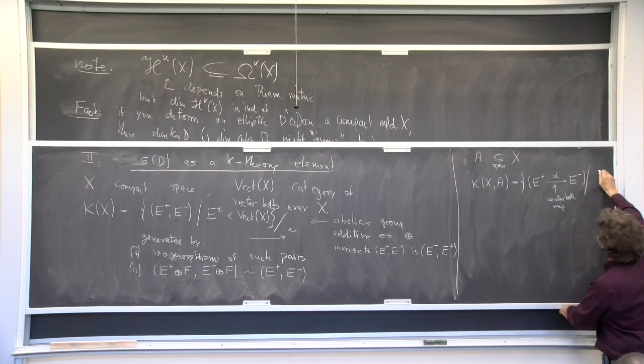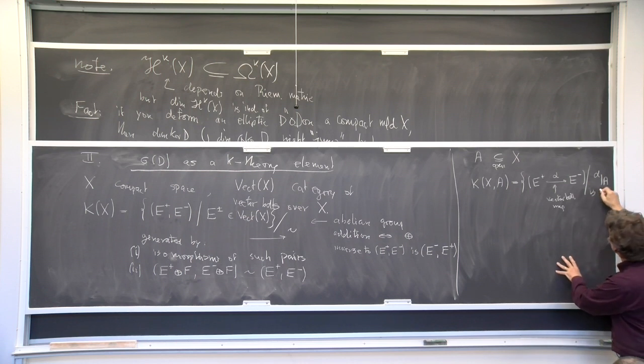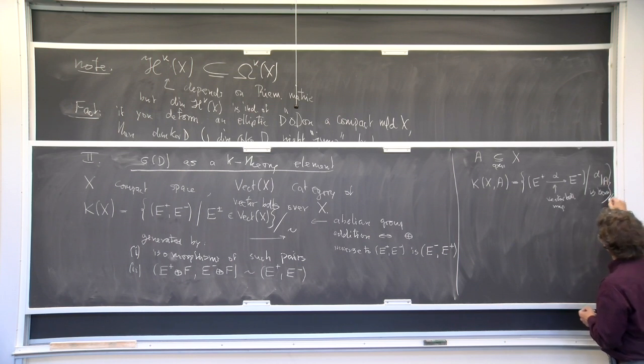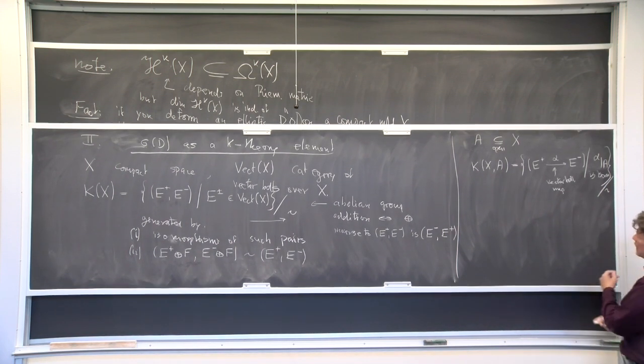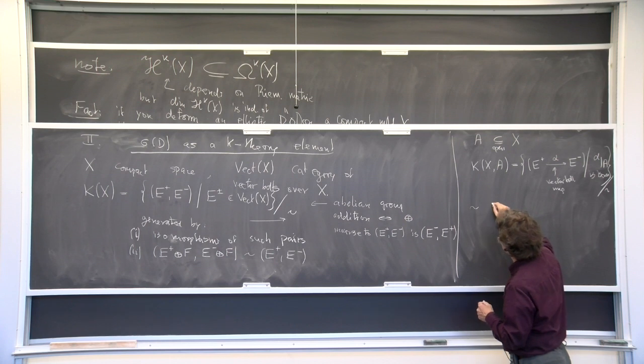But the condition is that if I restrict alpha to A, then it becomes an isomorphism. So that guarantees that if I restrict this thing to the subspace A, the bundles become isomorphic, so this represents 0 in the K theory of A. And again, I need to take suitable equivalence classes on these things to guarantee that I'm getting an abelian group in this way. So this equivalence relation is generated by,